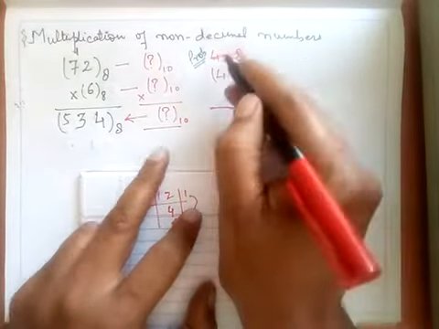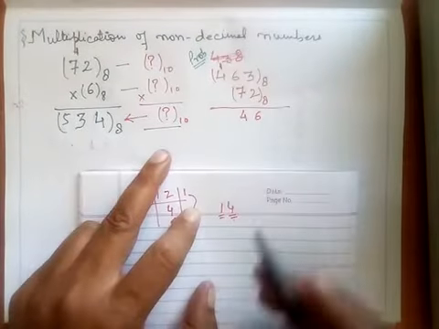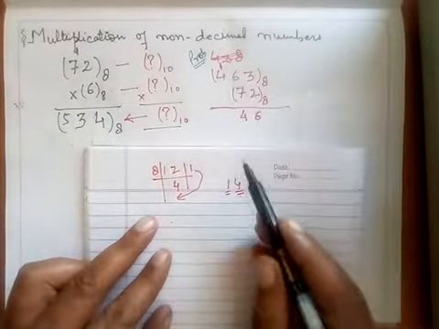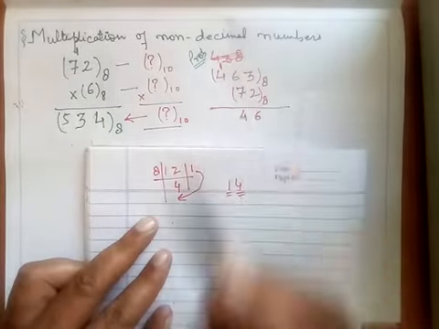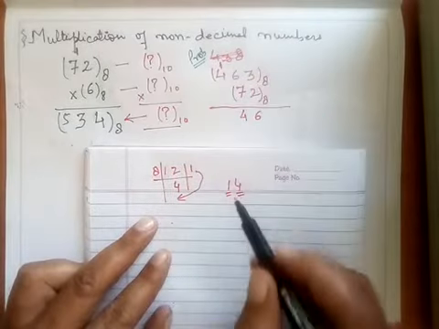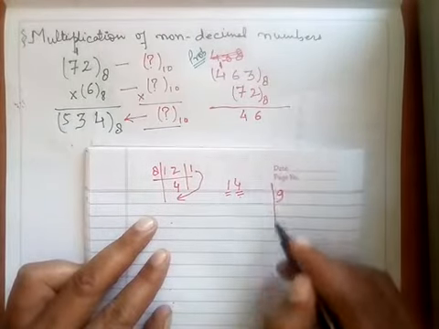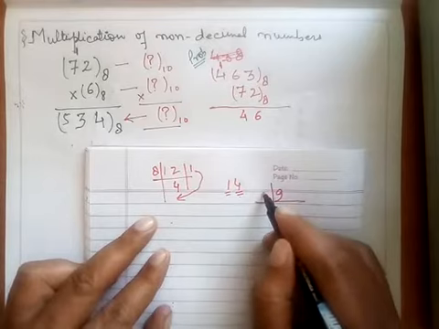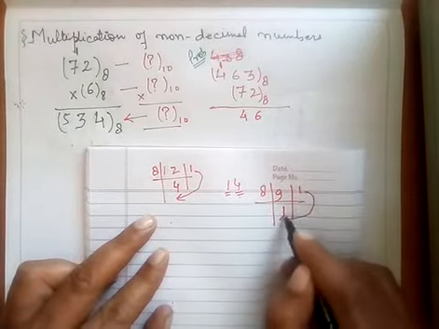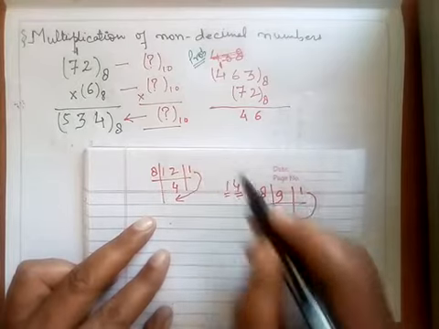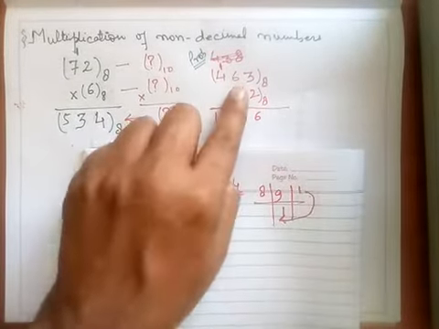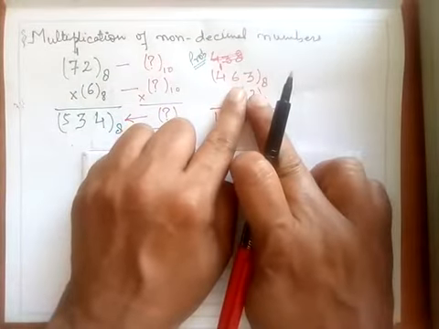Now 2 4s are 8 and 1 is 9. But what I am saying in my mind is in decimal. So it is 9, and again I have to convert this 9 into octal. 9 divided by 8: 8 ones are 8, remainder is 1. I write in this order, so it is 11. So now it is 1146. This is how I have done the multiplication with the unit digit.